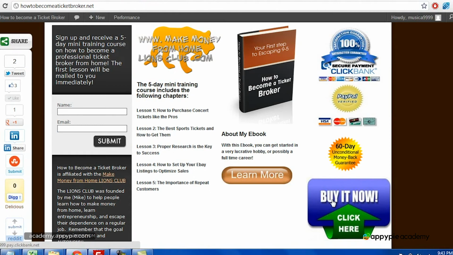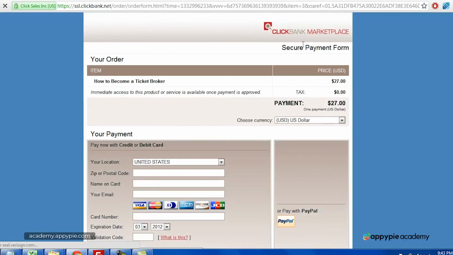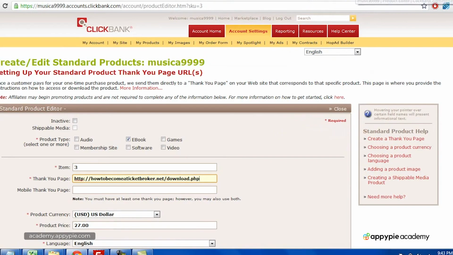And to get the link to your payment processing page, basically this page right here, I'm just going to type it in here, but it's HTTP, your item number, which in this case for me it's 3, but for you it could be 1, or if it's a second product you made, 2, 3, whatever. Then your username, for me it's Musica9999. Then